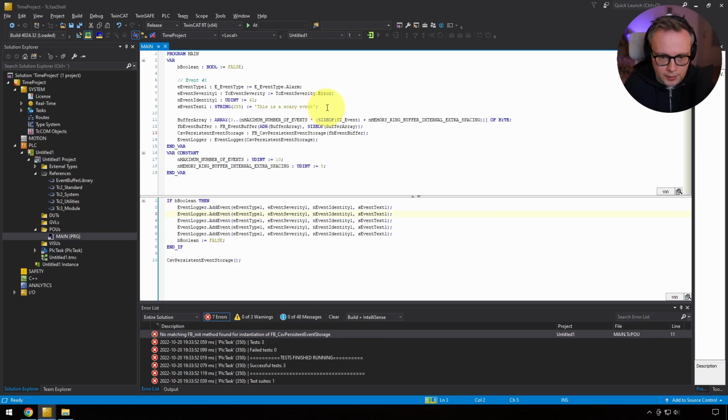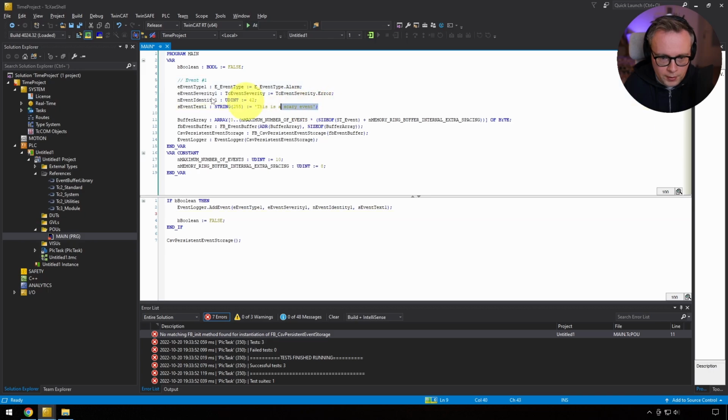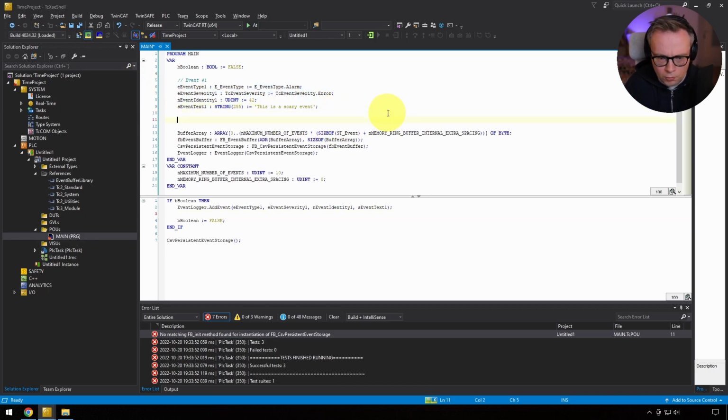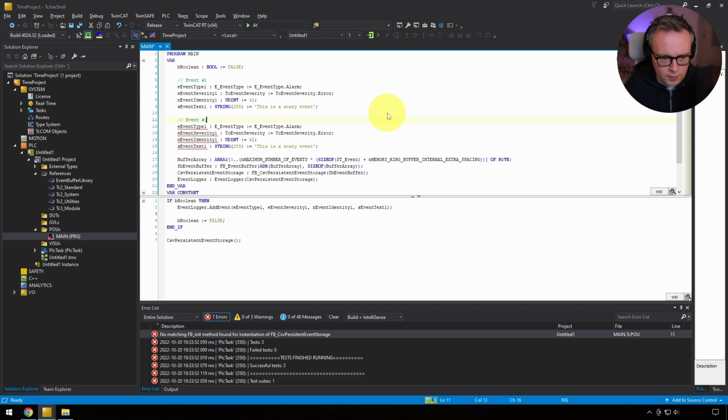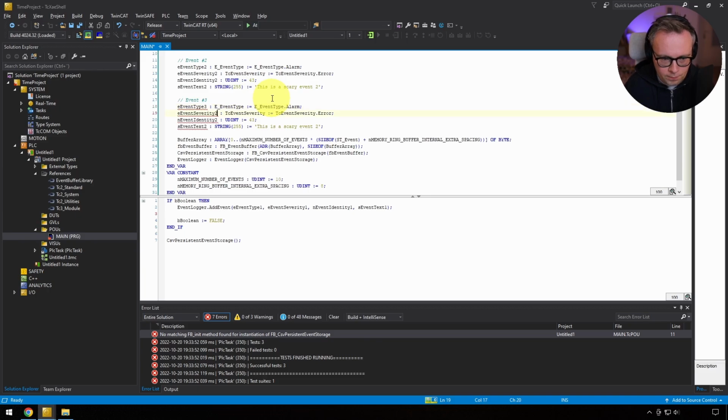To spice this up a little bit, I thought we're not just going to reuse the same event, but we're going to do 5 different events, or 3 events, or 5. Event type 1, and scare event 2. You can keep everything else. Let's just create 3 events. 44, this is scare event 3. And then let's add those 3.